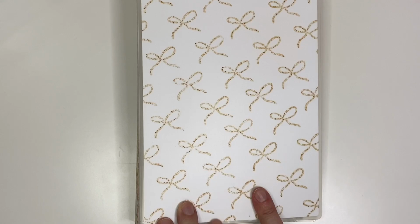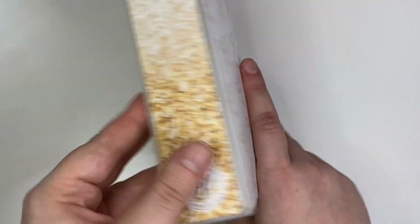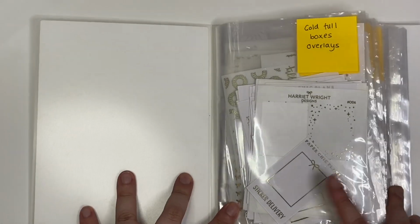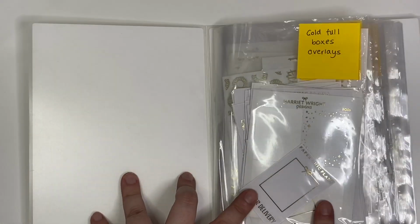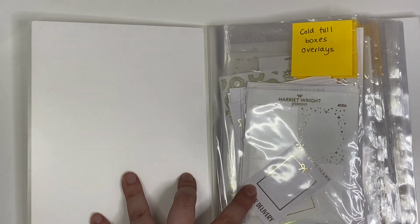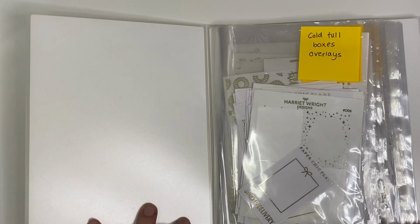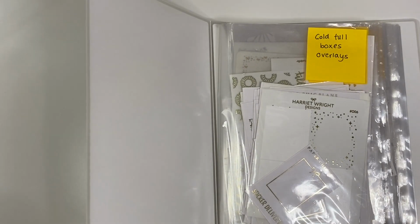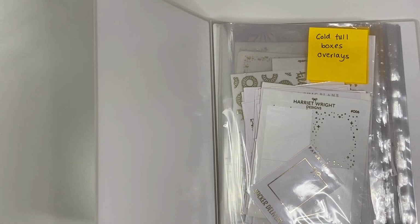Then we have my foil album. I think this one's called Sparkle, but I might be wrong. This is one of the OG Plannerface albums, but I just feel it's right for foil because it's glittery. So this one is, as I say, literally just for foil. Other than foil icons and scripts, which I tend not to keep in here. I would keep those in my reusable album by category, because I don't have enough scripts to actively come here and look for them, or enough foil icons. I'm not really that into foil icons, so I wouldn't come here to look for those. I would just look by category, and if that's the foil I'm using that week, then I could use the